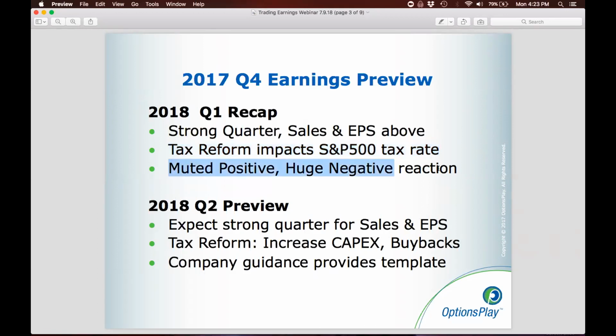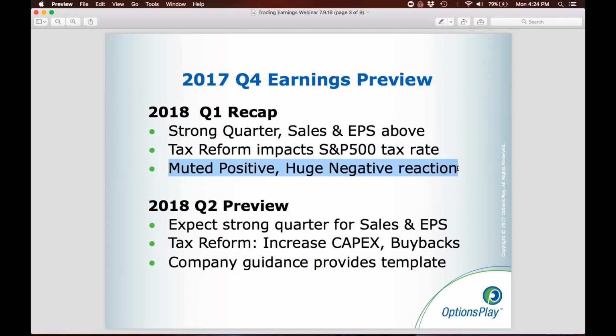And like I said, one of the biggest headlines for Q1 is that despite the strong quarter from a corporate profits perspective, the performance was very muted for stocks that did have positive performance. However, the overall reaction to stocks that missed their corporate guidance was a huge negative reaction. So stocks that missed got punished significantly more, while stocks that did beat did not really get that same positive alpha. That is, again, what we typically see in these types of late cycles, 8-9 years into a bull market.